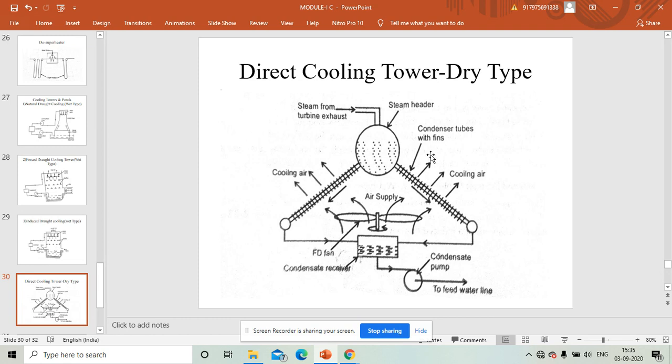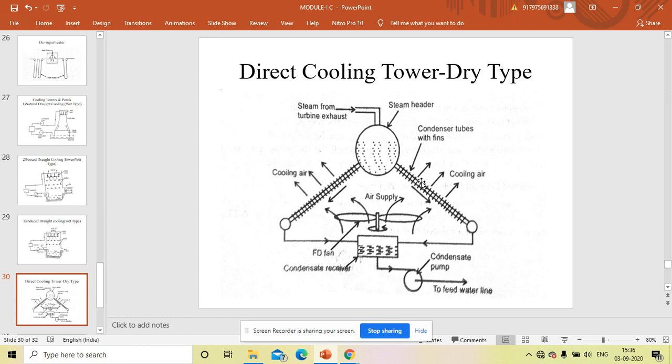Direct cooling tower, dry type. So here, the steam from the exhaust of the turbine is stored here. Then from both sides, there is a tube. Through that it will be passed, I mean, continuous flow will be there through the tube, and surrounding that tube they are using fins, the condenser tube with fins. So here the fins are used to increase the heat transfer rate, because if you use